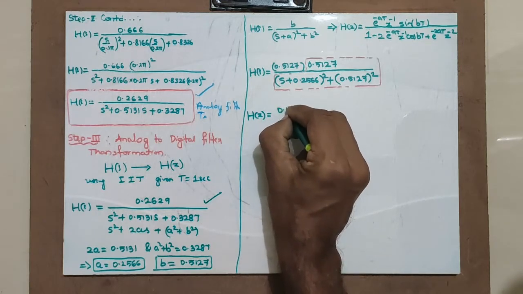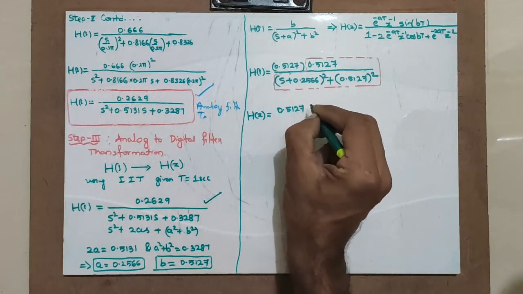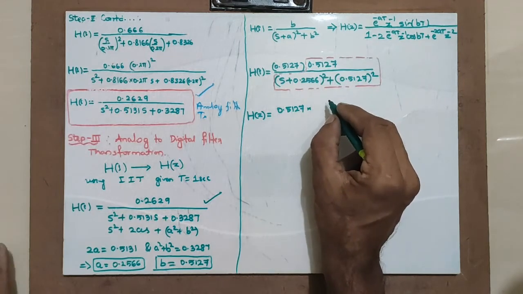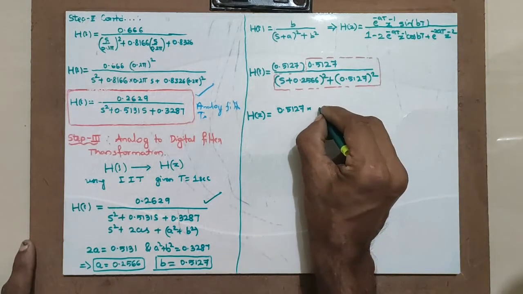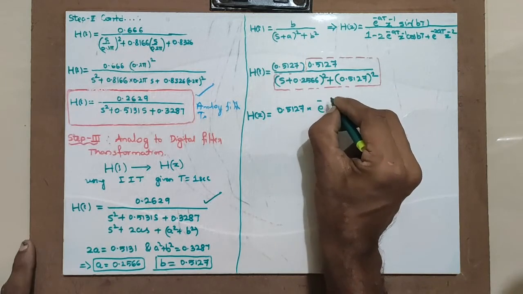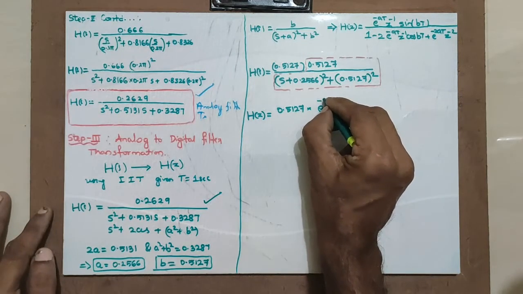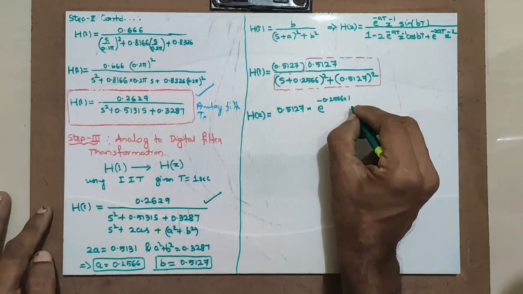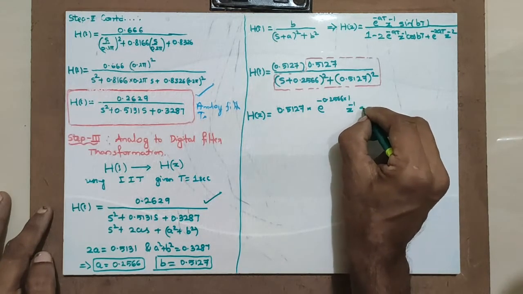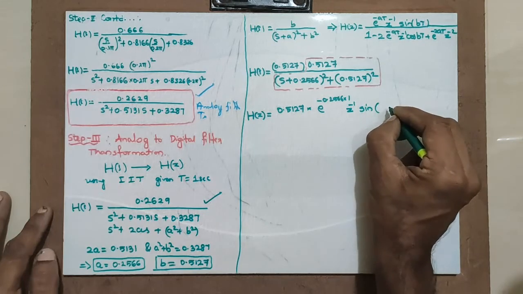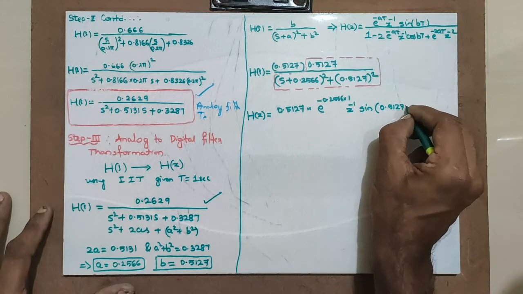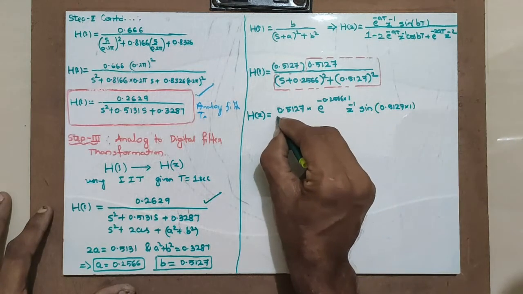The 0.5127 constant is there, multiplied by the whole thing converted into H of z using e raised to minus aT, where a is 0.2566 and T is 1, z raised to minus 1, sin bT with b 0.5127 and T is 1, whole divided by